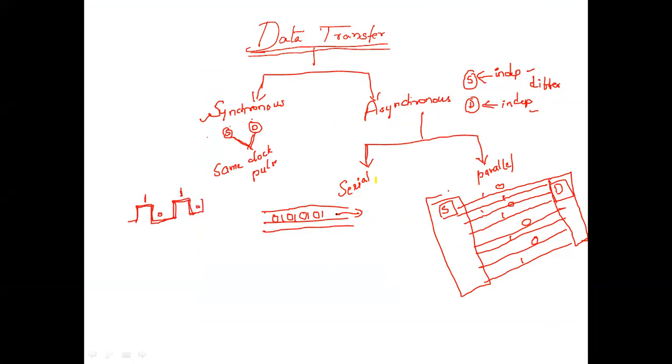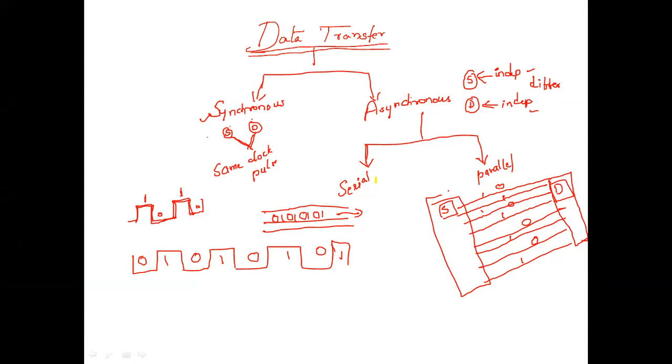So here, we are going to have this 0, 1, 0, 1, 0, 1, 0, 1. Here 0 means a falling edge, 1 means a rising edge, and again 0 is falling, 1 is rising, 0 falling, 1 rising, 0 falling, and 1 rising. This is how the pulses are going to be diagrammatically represented.